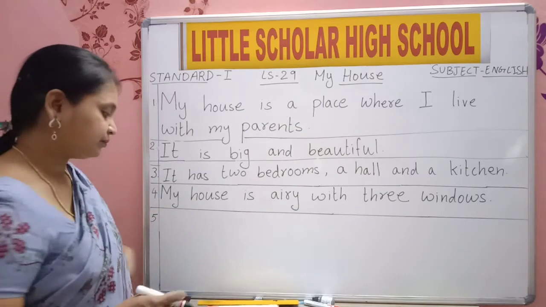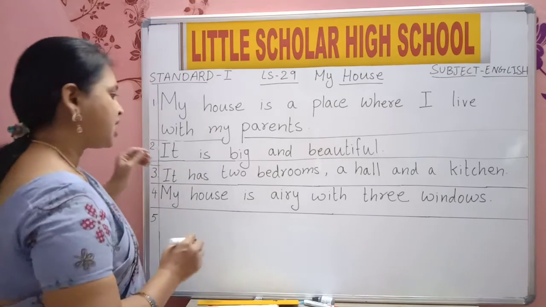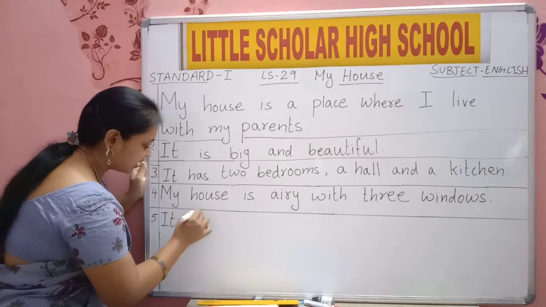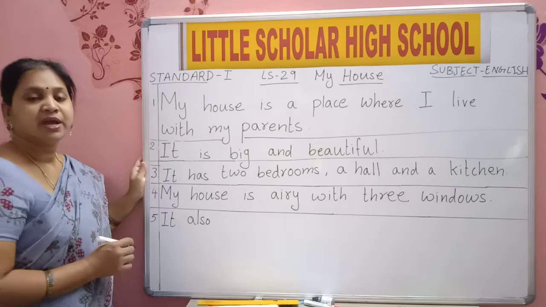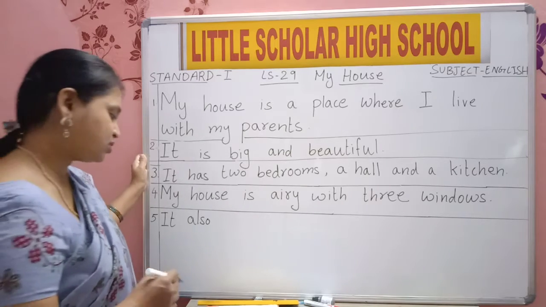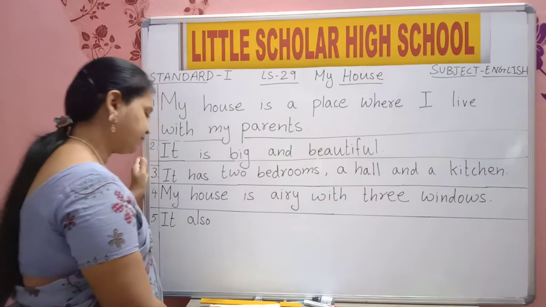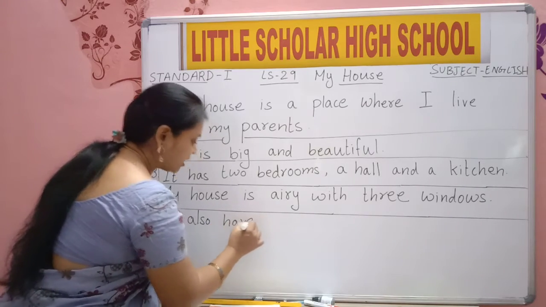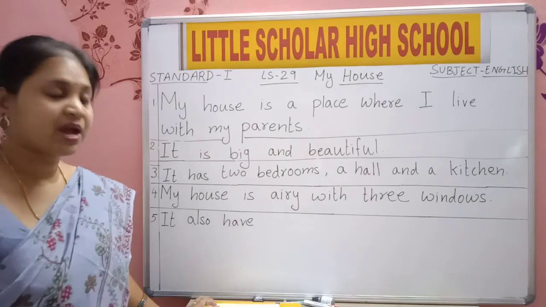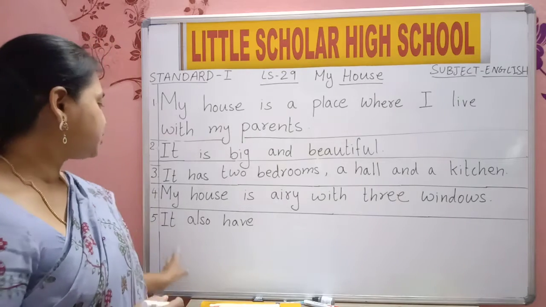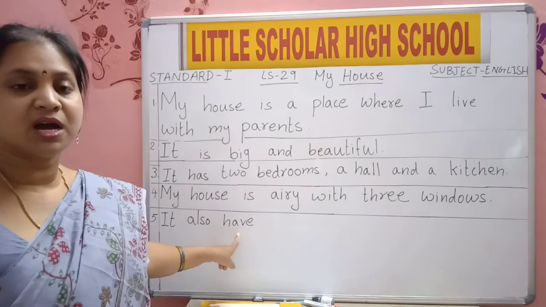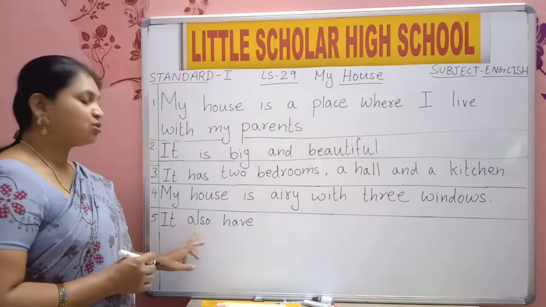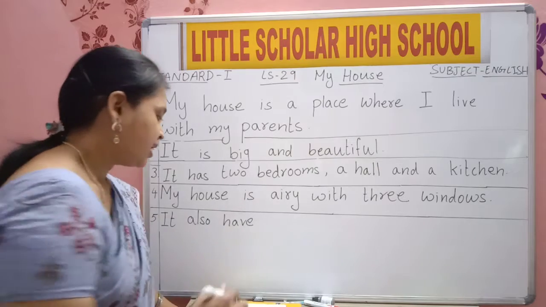Number 5. It also have. A-L-S-O, also. H-A-V-E, have. Small garden. It also have a small garden in front of the house. Yes. It also have an